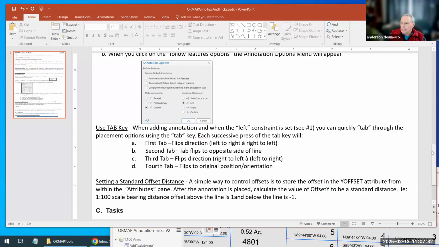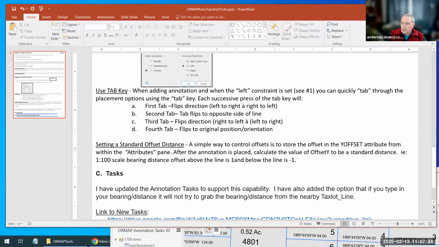And then the last piece is that you can change the offset distance in the attributes. So if you set the Y offset